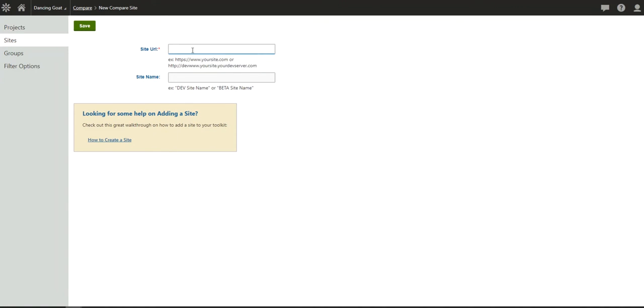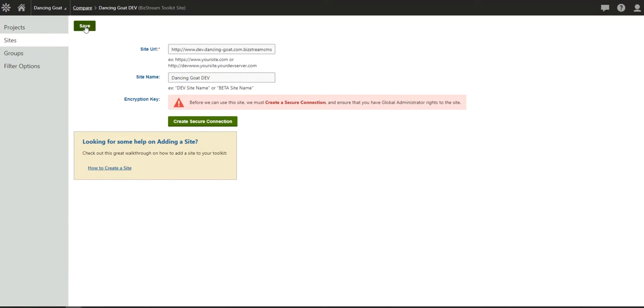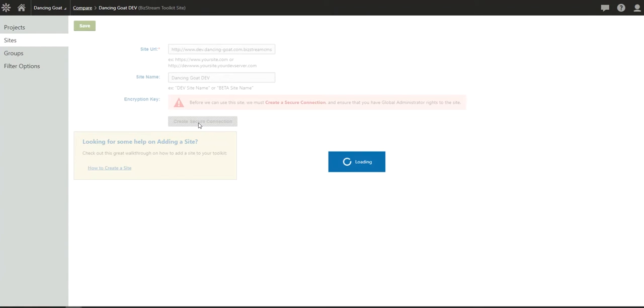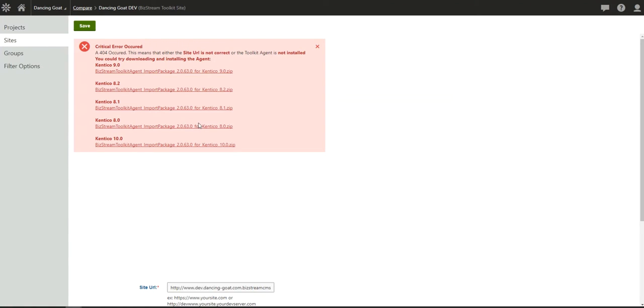We'll paste in the URL for our dev site and name it Dancing Goat Dev, then save it. Compare needs to set up a secure connection to the site, so we'll test the connection by clicking the Create Secure Connection button. Compare will check to see if the toolkit or the toolkit agent has been installed on the site for establishing the secure connection. Here, we've gotten an error because neither the toolkit or the toolkit agent has been installed on our dev site,